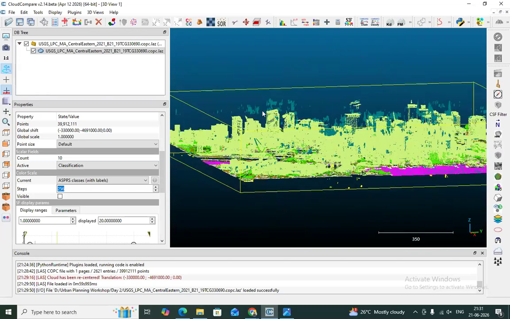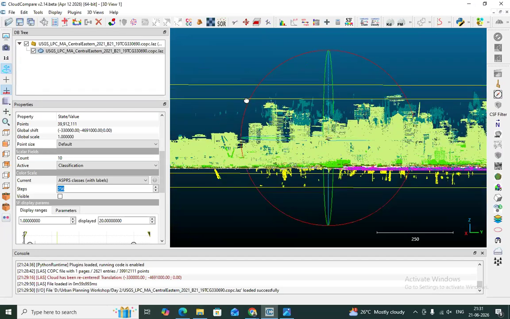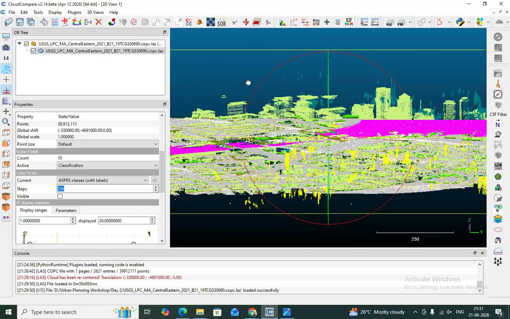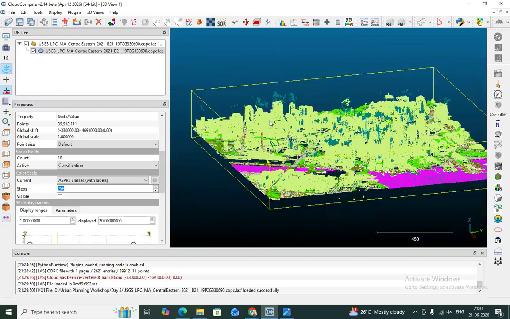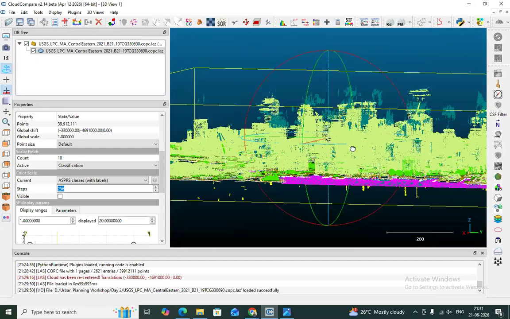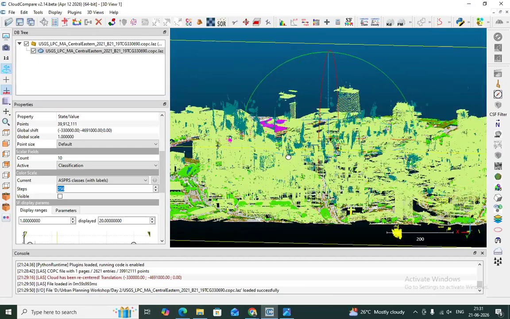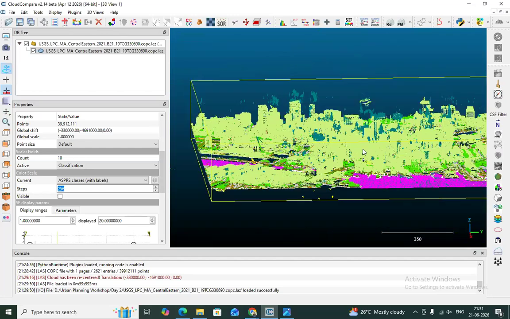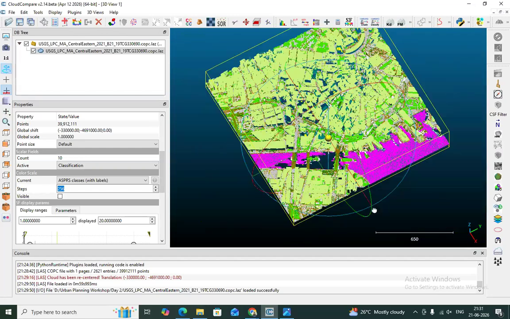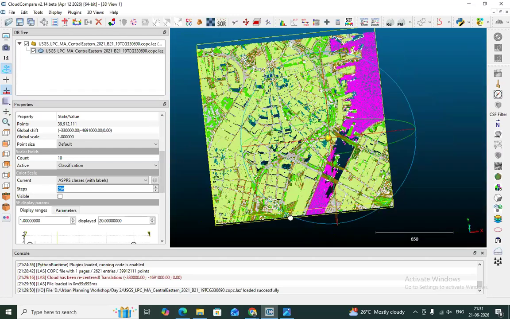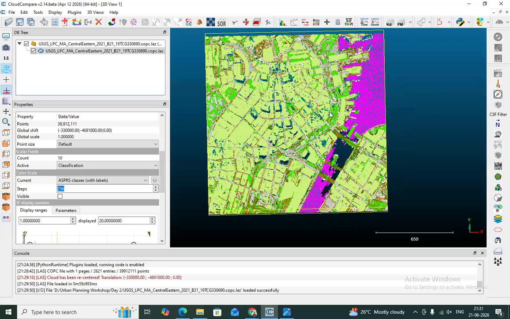Someone was asking about removing the noise. We can actually remove the noise here. But my recommendation is you first reduce the data amount, because you have so many points.